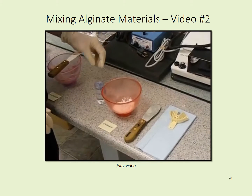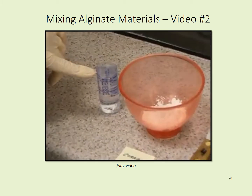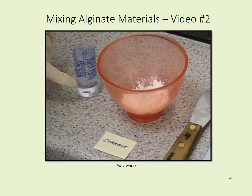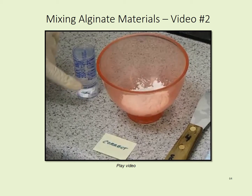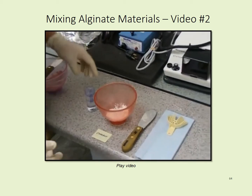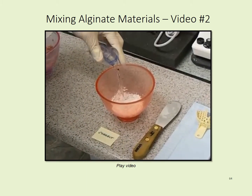When we get to the correct example, we have filled the water measurement up to 3 measures of water with only 2 scoops of alginate. The reason we've done that is we are going to pour out to the first measurement so that we have some water left over that we can dip our finger in to put a moisture barrier on the impression. So we will fill up to the 3rd line, pour out to the 1st,